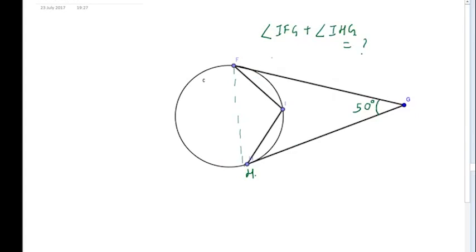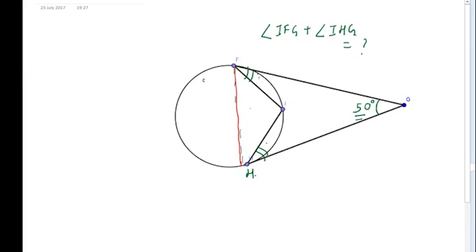Let's see this question. So there is a point G from which we make these tangents F and H. Now we have to find the sum of these angles, IFG plus IHG. So how can we add up these two angles? What is the sum of these two angles? And the only thing we have been given is that this angle is 50 degrees. So how do we do it? The way to do it is you join this,